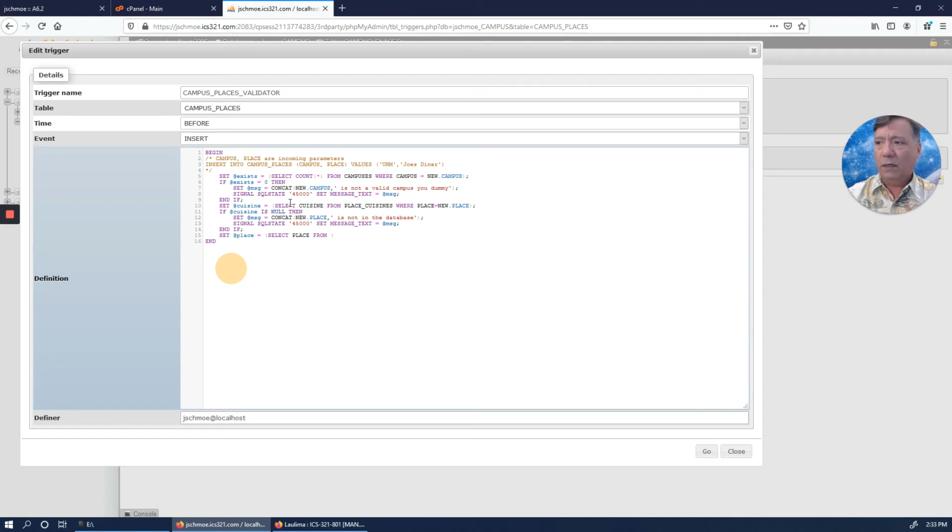I'm going to start with campuses join cuisines, and this is the set of all the possible campuses cuisines. This is the set of all the possible ones. It doesn't mean they're valid or not, just that they're possible. But anyway, we want to natural join that with the place cuisines, and then we want to natural join that with campus places,